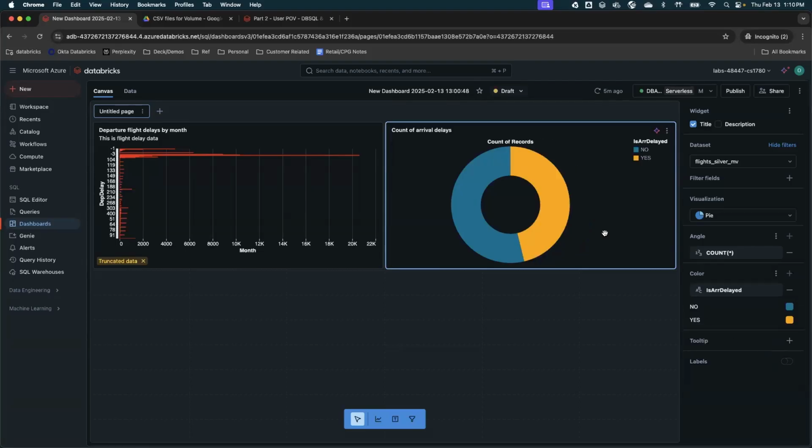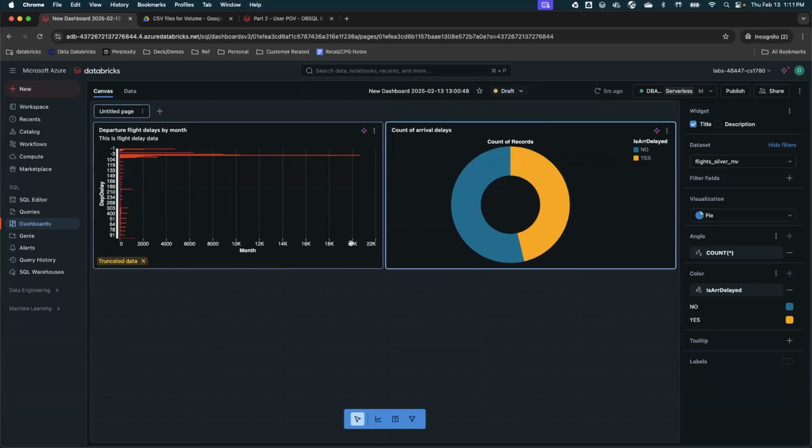Once I click on group by, it will group by, on a specific day, how many arrived delayed and how many did not. So if you click on the chart, you should be able to see there were like 592K arrival delays and 687K were not. There was no arrival delay on the flight. So you can build those kinds of charts easily onto the dashboard.